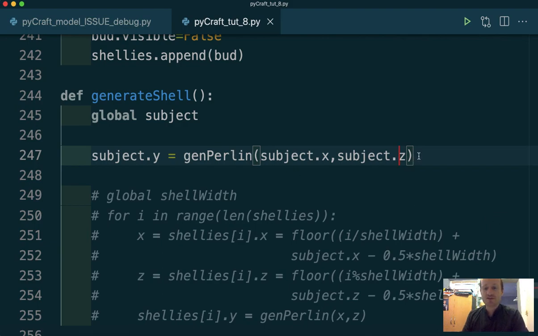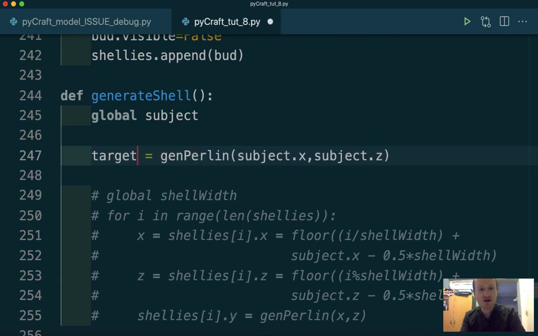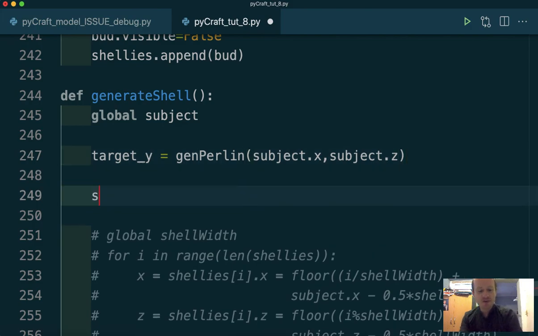Okay, so what we now want to do is, we don't want subject Y to go straight here. So let's say this is actually our target Y. So our target height is that. And then we want to say subject Y